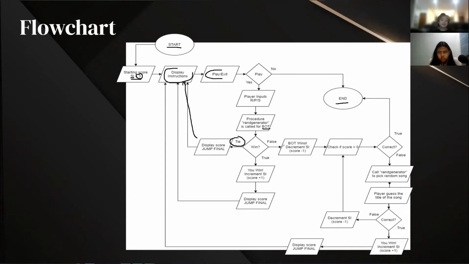And if the player wins, the score is incremented by 1, and it also loops back again into here. Otherwise, if the player loses the rock, paper, and scissors, the first thing the program will do is decrement the score of the player by 1, and it will then check if the score is 0 or not. Because if the score is 0, the game will be terminated right here. If it's 0, the game will end, and if it's not,